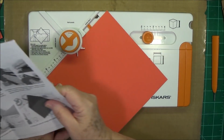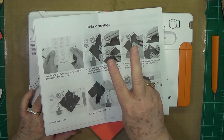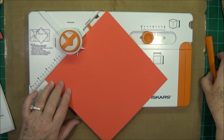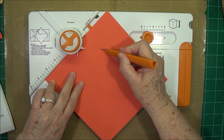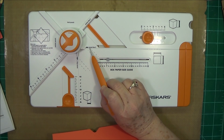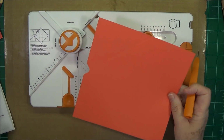Then it says punch notch, score along score line number 2. Make sure that you pay attention to that and don't score all the score lines. So punch your notch. And then this is score line number 2 right here. So you just need to score down through there. And if you're ever in doubt what score line they're talking about, it says score line number 2 right there. And then it says